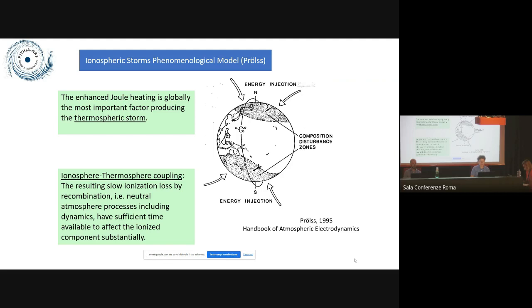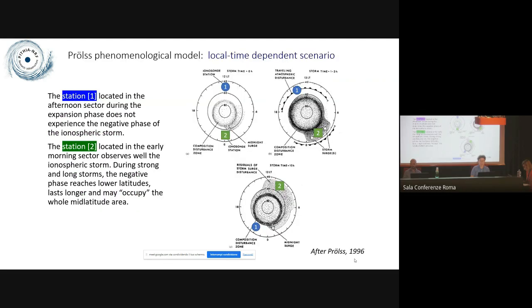This model considers very carefully the local time-dependent scenarios, according to which, depending on the location of the observation point, the effects of the ionospheric storms are different. So station 1, for instance, here in this picture, which is located in the afternoon sector, during the expansion phase, which is shown here in this cartoon,